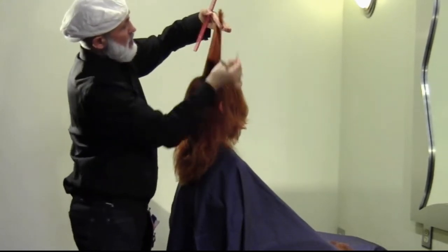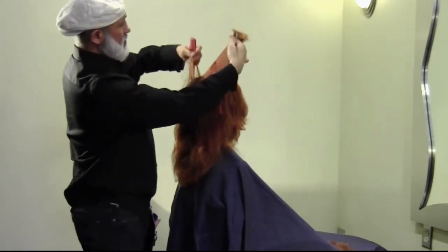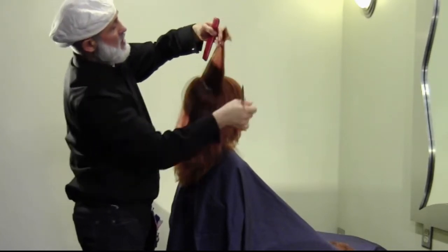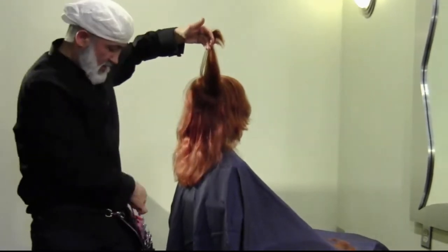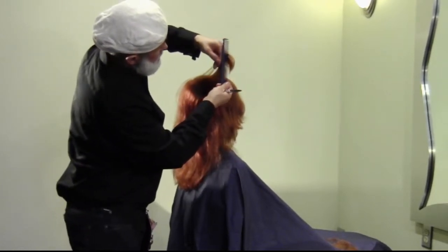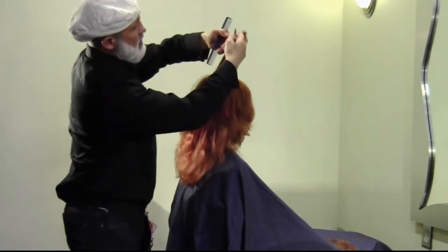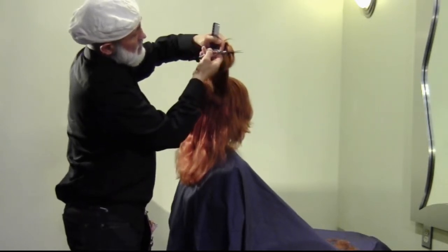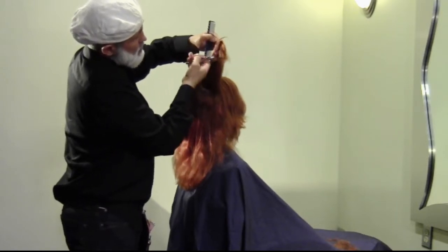So this is my shortest one. It's actually the length of the hair, and this is the top of the hair. That's the guide right here. Which means I need to remove this part of the hair. To be exact, I would like to show it with a blue comb. More of it, this amount of hair I need to remove. So how I'm going to do this is I'm going to use another technique. I'm going to use a slicer technique. Just slice out. This is going to give me a nice lift and also a smooth,